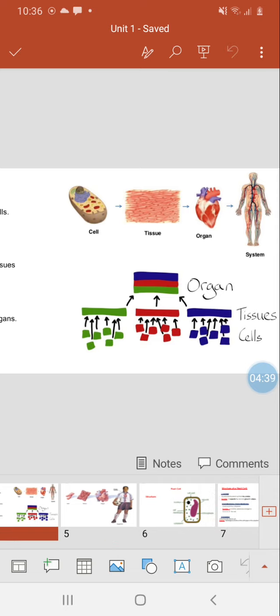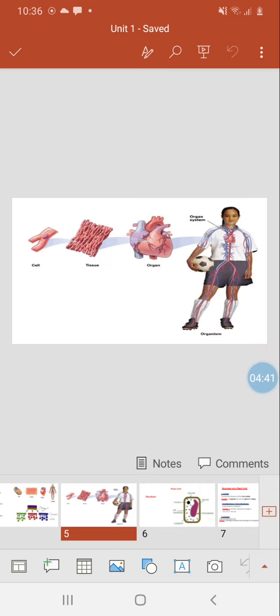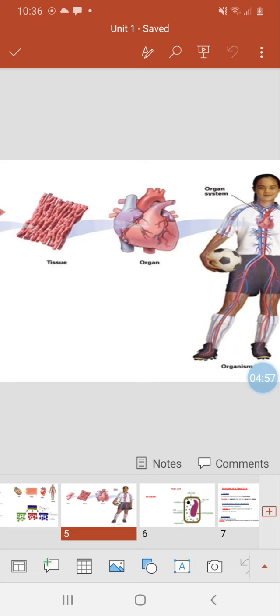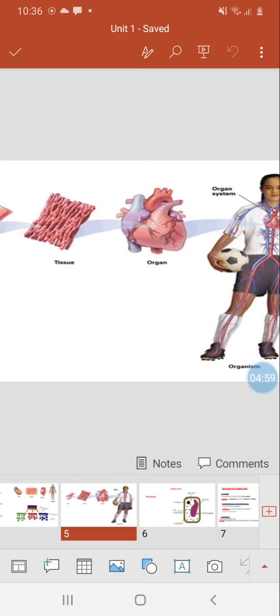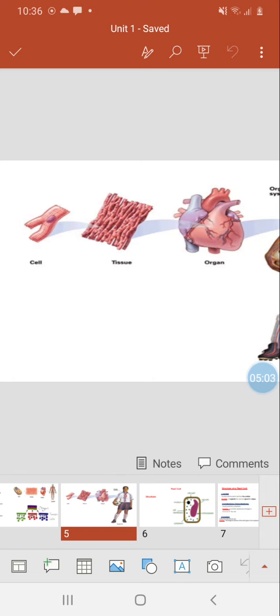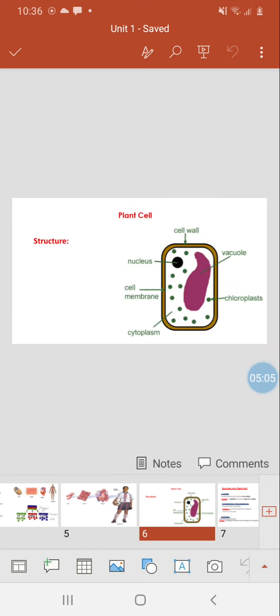So let's see the next part, that we have this girl. This part is pointing to your circulatory system, and the heart is the organ of your circulatory system. And this organ is made of a group of tissues connected together, and then a group of tissues made of cells. Okay,